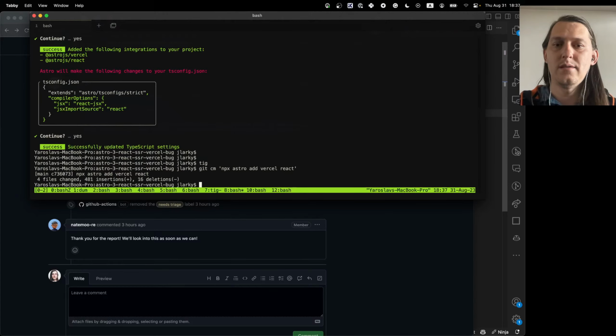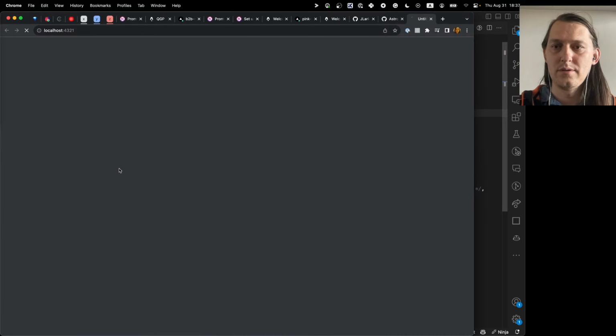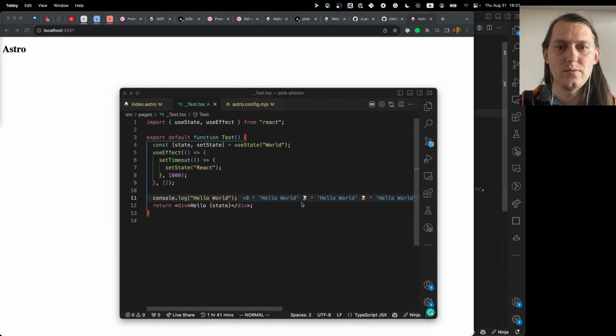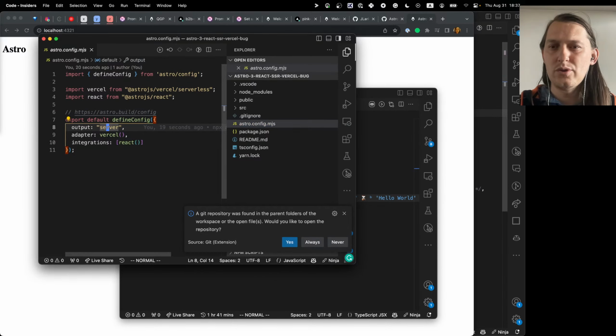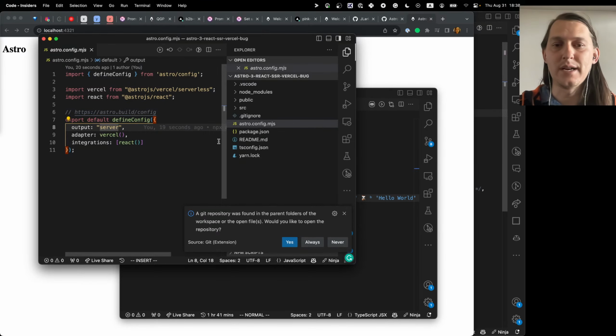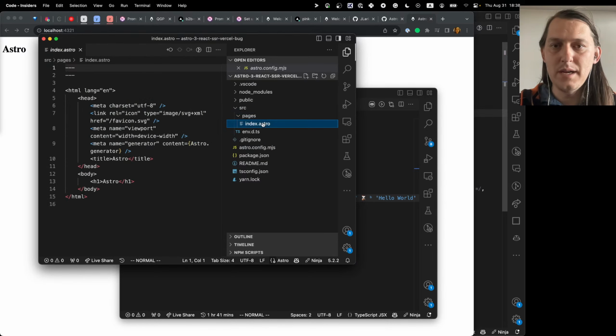Okay, so now is the plan. So if I just start dev version and I go, so output server. So output, I guess output doesn't matter. Maybe it does. I guess we can test it, right? Sure. So let's go to pages and